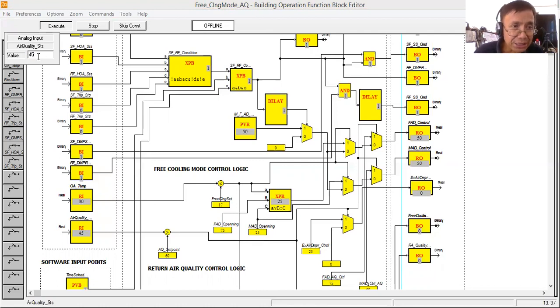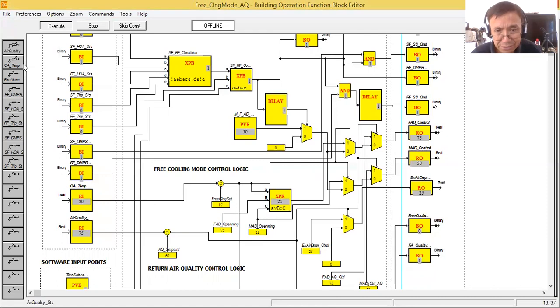So let's simulate: I have 75% quality of air, meaning it's a little bit poor. My set point here is 60. So what is happening now? Again, my fresh air damper goes to 75% to allow more fresh air, and the mixed air damper is at 50.